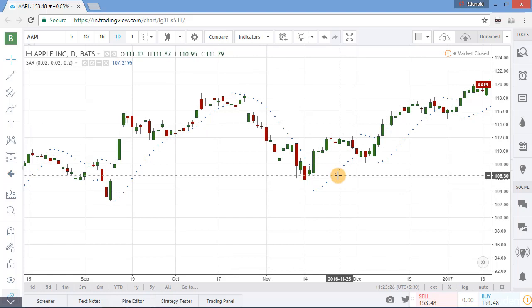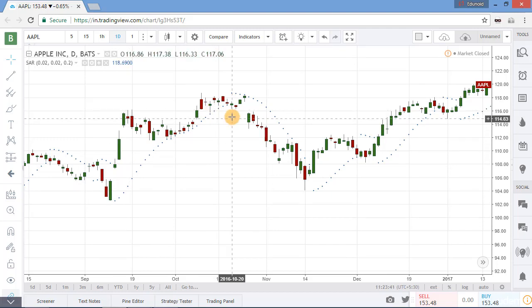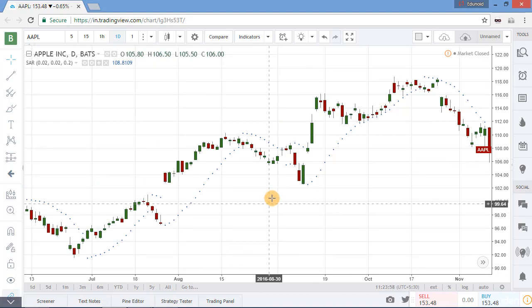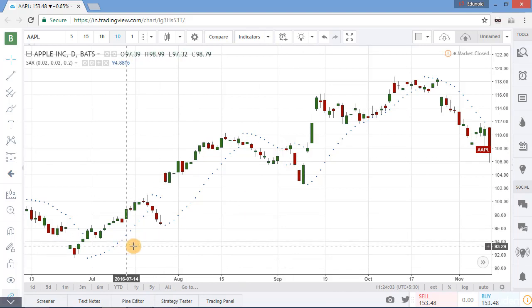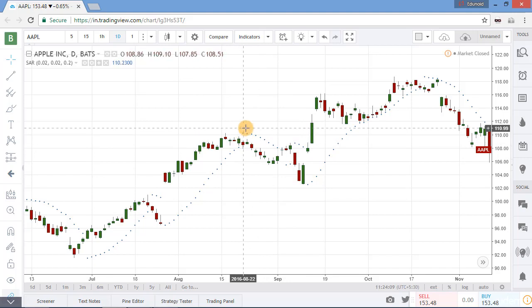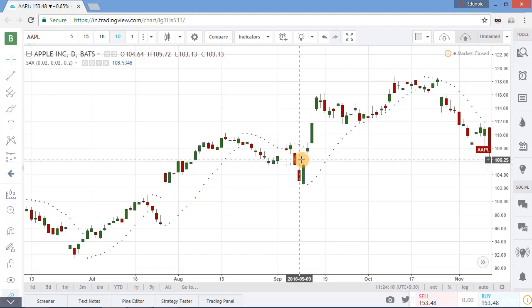Parabolic SAR indicator generates the best signal during a trending market. But when the market is consolidating, it would likely generate lots of false signals. Now see, the market is trending, so we are getting a clear signal here. This is a downtrend market, so we are getting a bearish signal here. But when the market is in consolidation phase, we are getting false signals. The market is in bullish trend. Now this is the consolidating phase and we are getting a selling signal here, but these are the two dots of buying signal. Again we are getting three dots of selling signal, so this will confuse us.